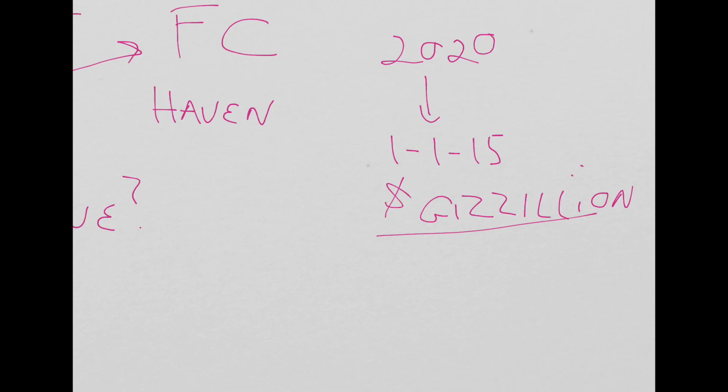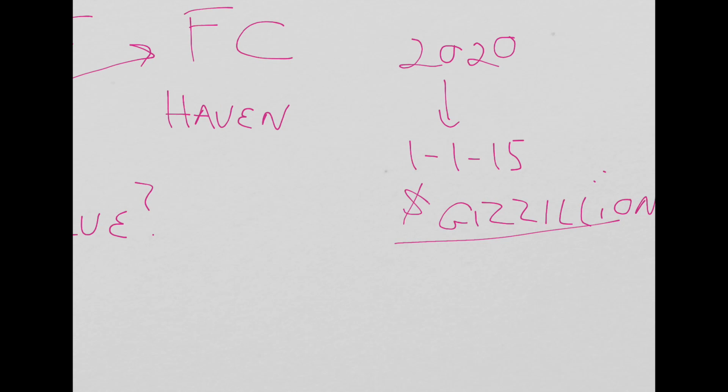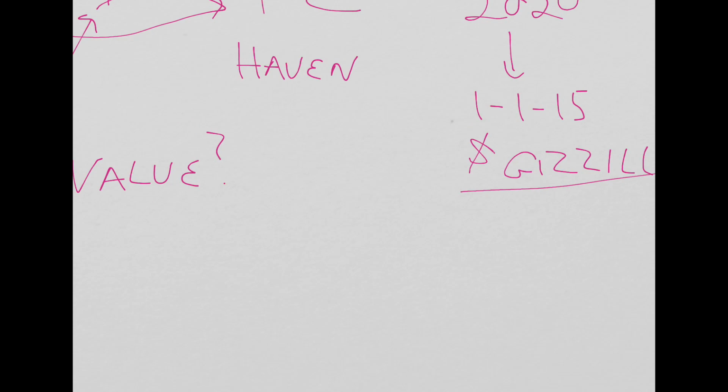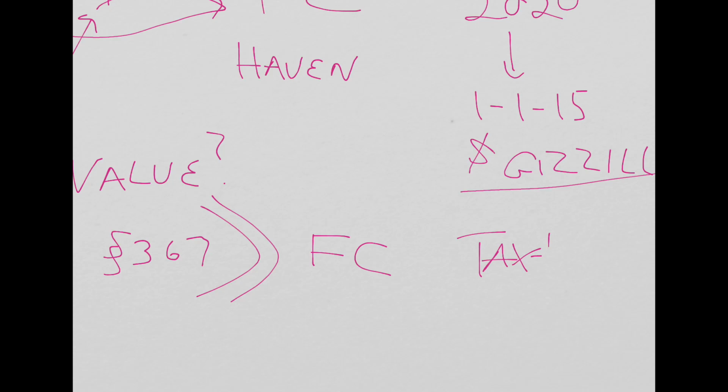And so what the tax code does, we just saw, is it says do not value it based on the value at the time you make the transfer. Make the value based on what we know in the future. And the reason why that's important is the following. Under a very complicated set of rules within the Internal Revenue Code, under Section 367, and this is unlike what you may have learned in your business entity class, the transfer to foreign corporation of assets is not a tax-free event. It is subject to tax